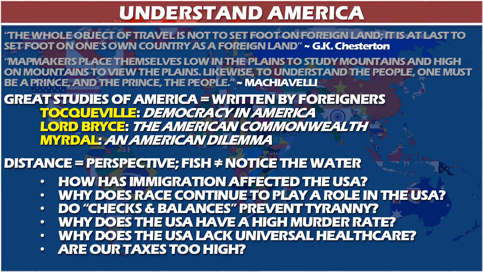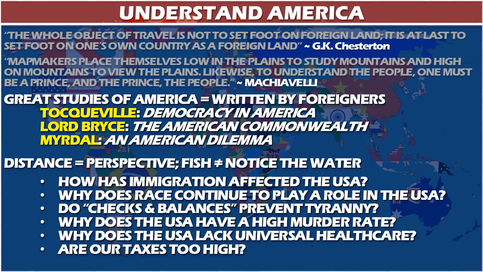And even though it's now 70 years old, I think it's something that if you read it today, it was one of the most scientific and detailed studies of how racism worked as a system in the United States. Distance equals perspective. As I said before, fish don't notice the water because it's always there. Only when you're out of the water do you appreciate it. The reverse is true of humans. You probably don't think about oxygen until you're underwater, and oxygen is scarce. And so something about distance and perspective can help us gain a better understanding.